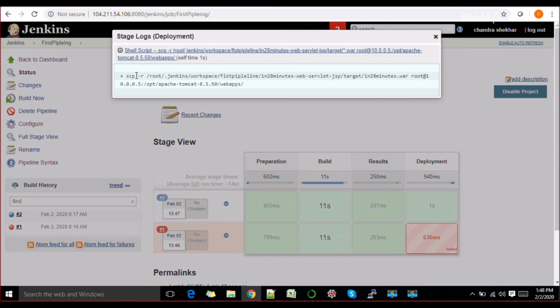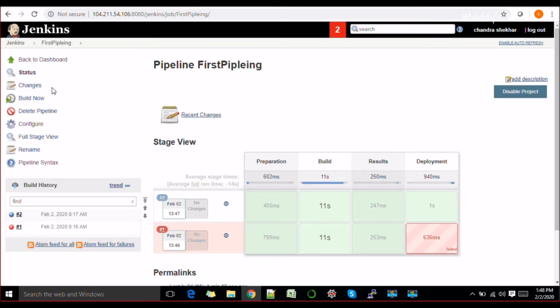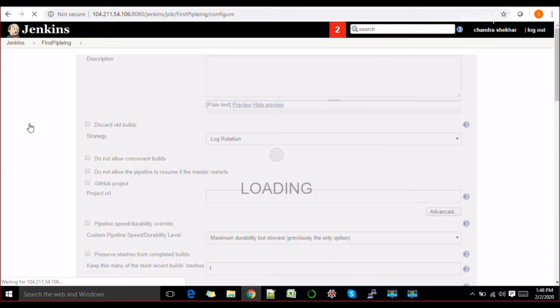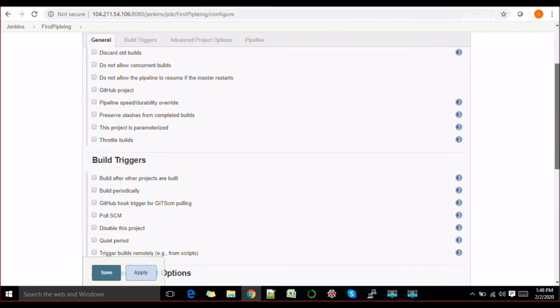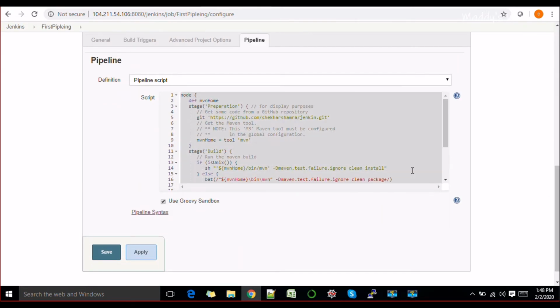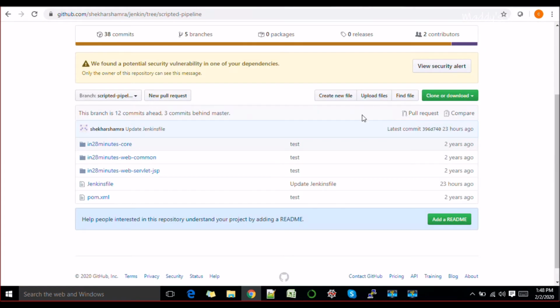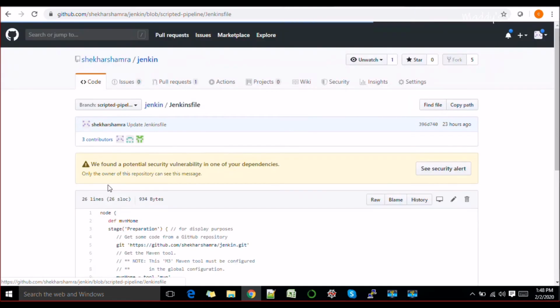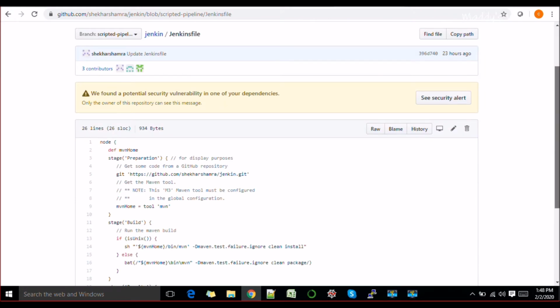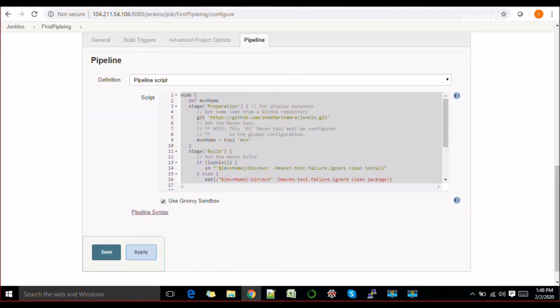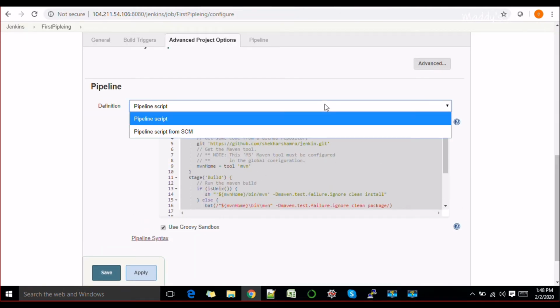So you can see when everything is fine, you can take that code, right, and check it into some of your Jenkins repository directly. If you want to create a separate repository for this, go ahead and do that. Create one Jenkinsfile with the name of this, right, and put this code here, right? So the next time you're gonna do the deployment, you don't have to use this console output. You just go ahead and click on this